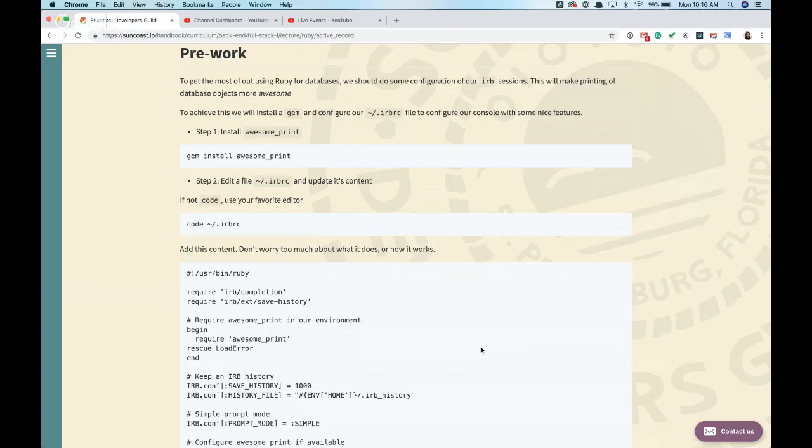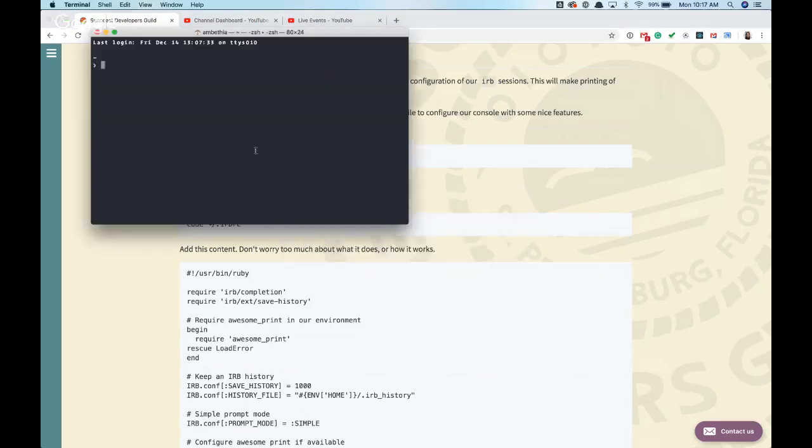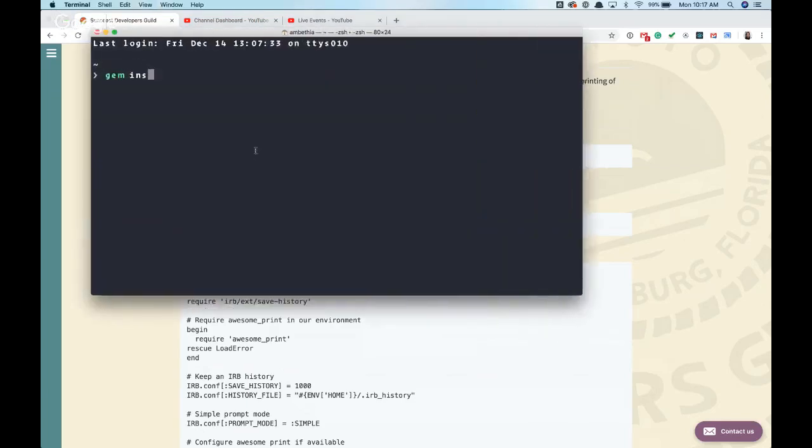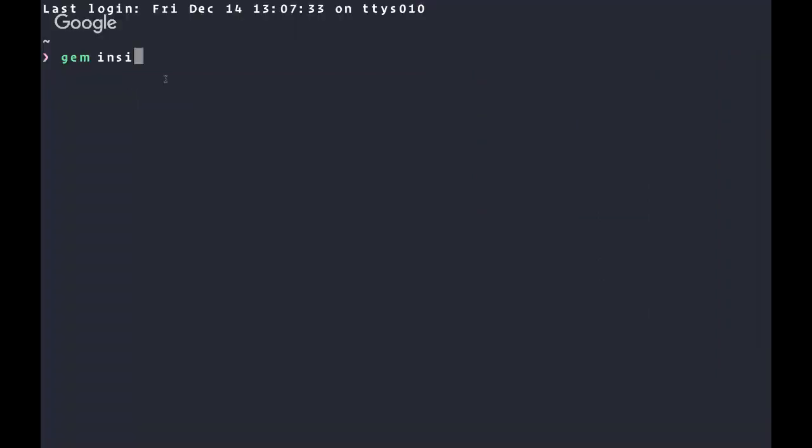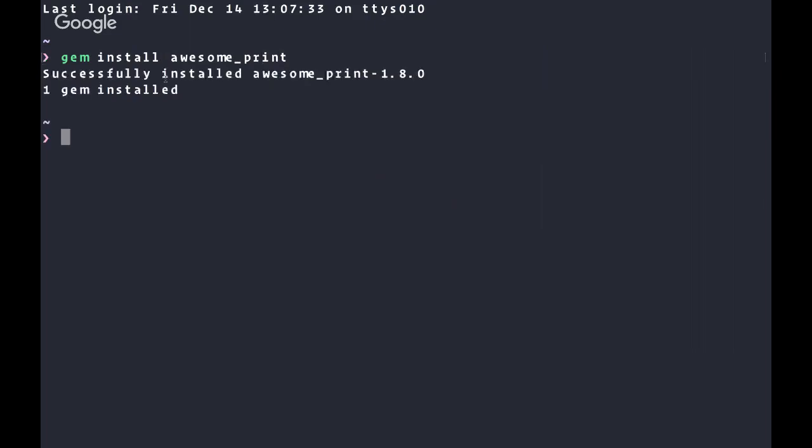So we're going to make IRB a little more awesome. The first thing we're going to do is gem install awesome_print. So if you haven't already, I'm going to make this full screen. Gem install awesome_print. Now I already have it installed, so it's just going to do that for me. It might take a second longer for you. Once you've got that installed,